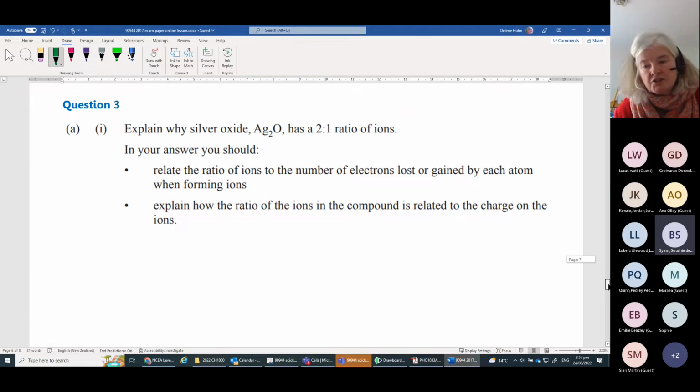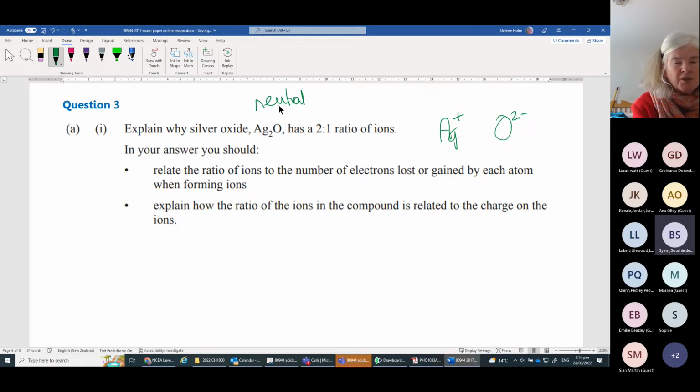Okay, here you need to do your ratio of ions. So basically you are back to the table of ions and work out that Ag plus has got 1 positive charge, and oxide in the table of ions has got 2 negative charges. So because this is neutral, now by neutral, I don't mean not acid or not base, I mean electrically neutral. It's not overall positive or overall negative. So you could say it's electrically neutral, or if you just say it's just neutral. So that's why the silver has got a valency of 1,